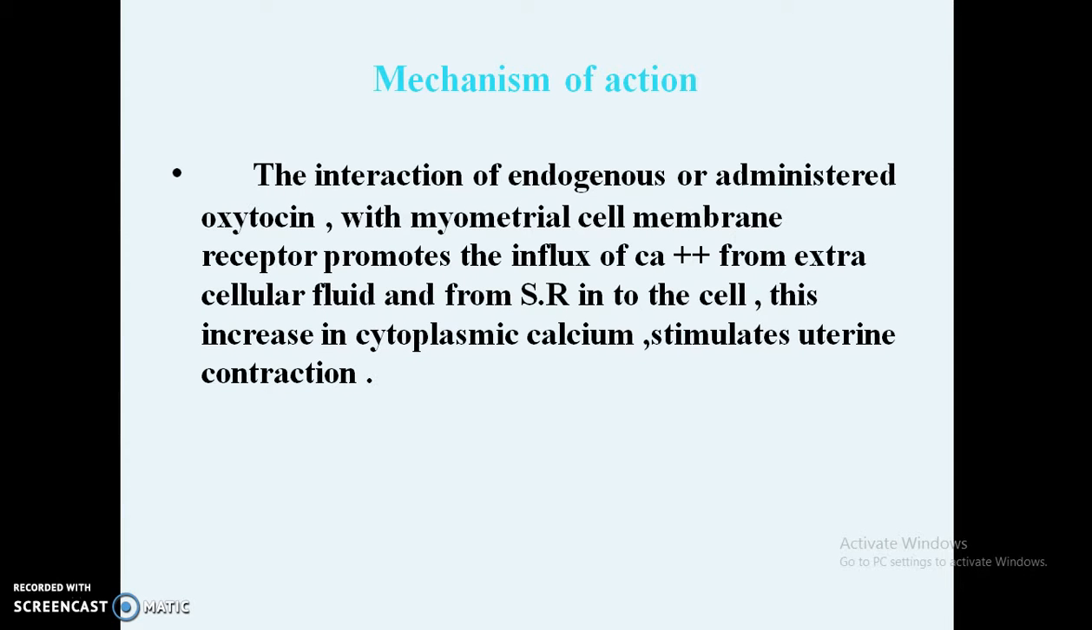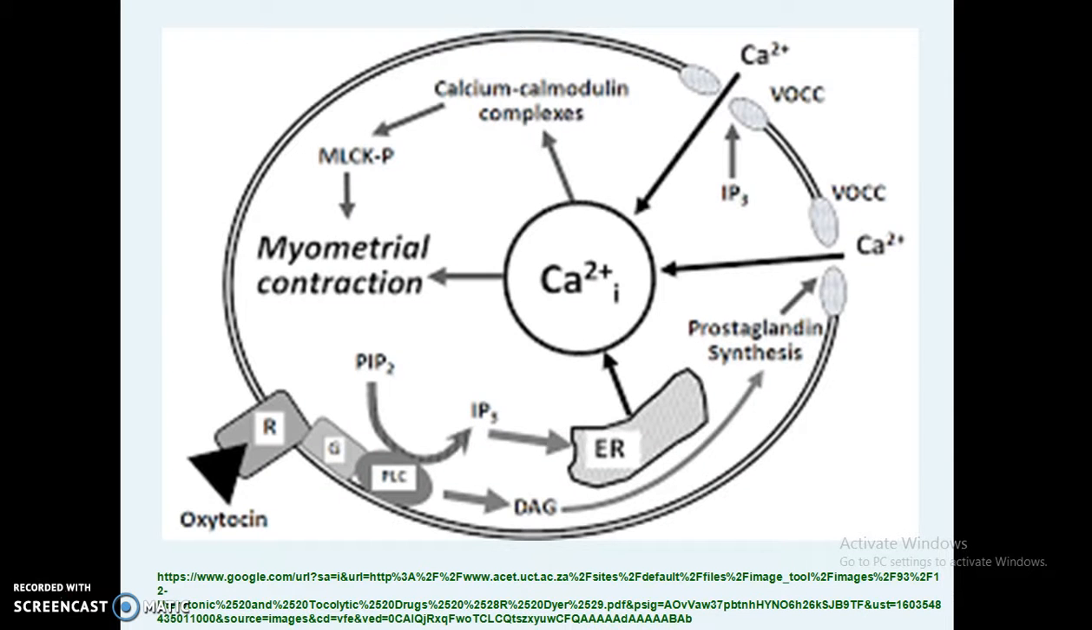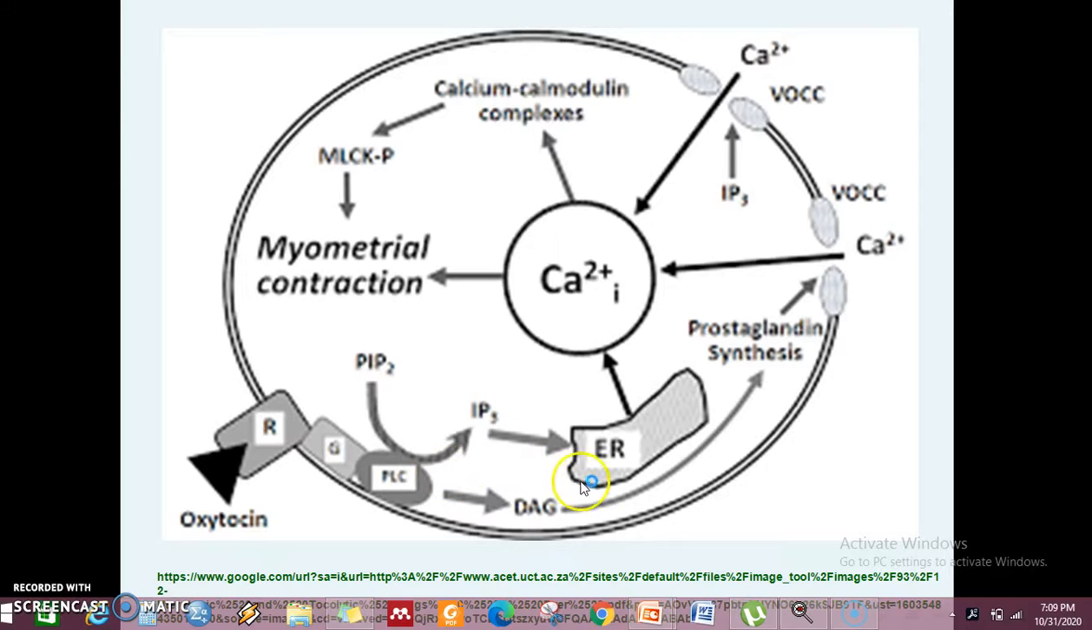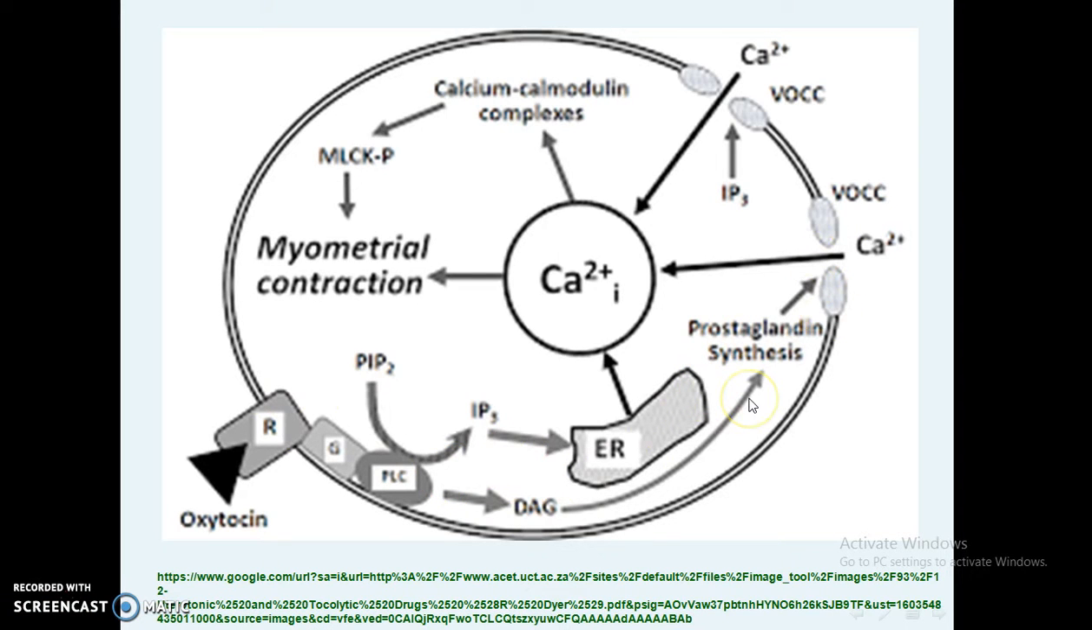The mechanism of action includes the interaction of endogenous or administered oxytocin with the myometrial cell membrane receptors, which promotes the influx of calcium from extracellular fluid or from the sarcoplasmic reticulum in the cell, and this increases the cytoplasmic calcium levels, hence stimulates uterine contraction. As you can see in this picture, oxytocin binds with the receptor and then activates the secondary messengers, which cause an influx of calcium from the extracellular fluid, and hence there is an increase in the cytoplasmic calcium level, which contracts